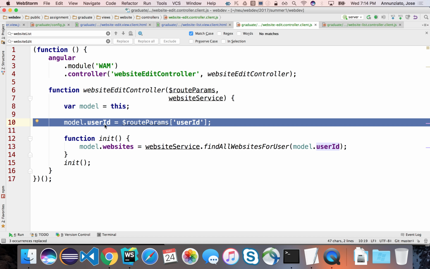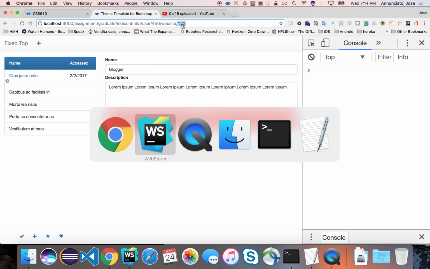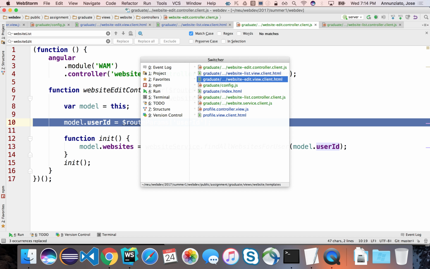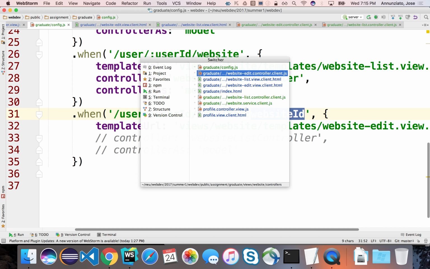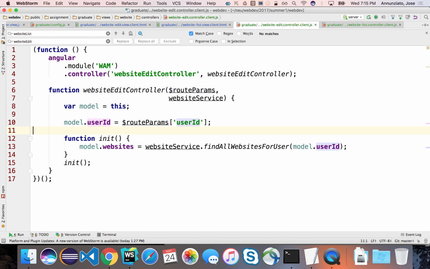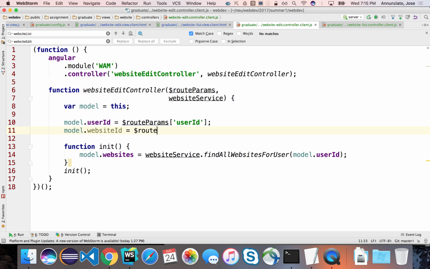Right, in this URL, that ID I'm still going to need, and then I'm going to parse out this ID, which we have configured in the config file. We configured that ID to be mapped to the placeholder website ID, right? So we can retrieve it from the route parameters using this ID. So if we go back to the controller, we can parse that out, model website ID. We can parse it out from our route params,